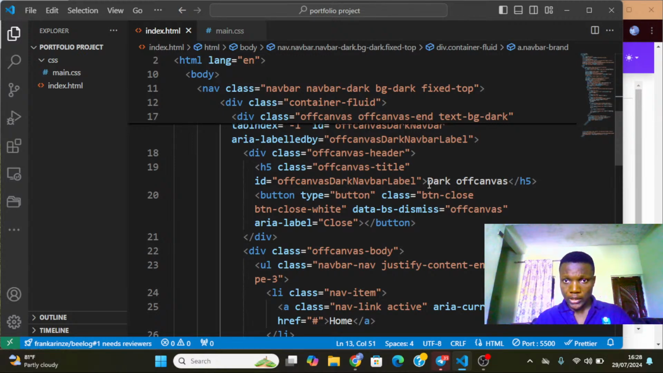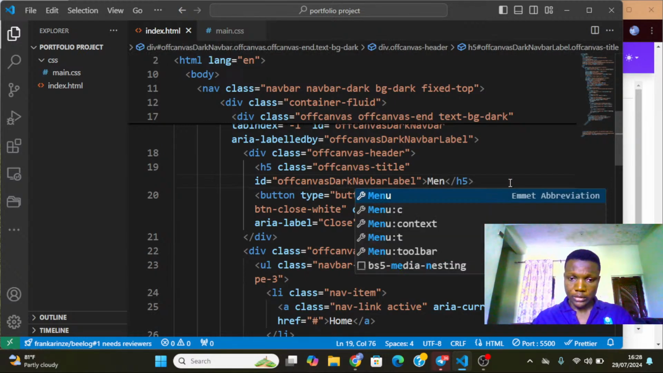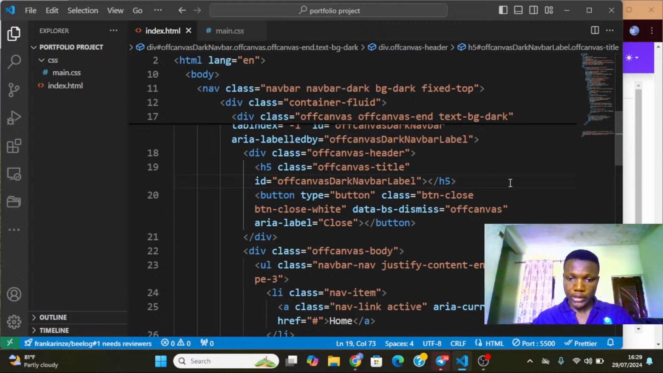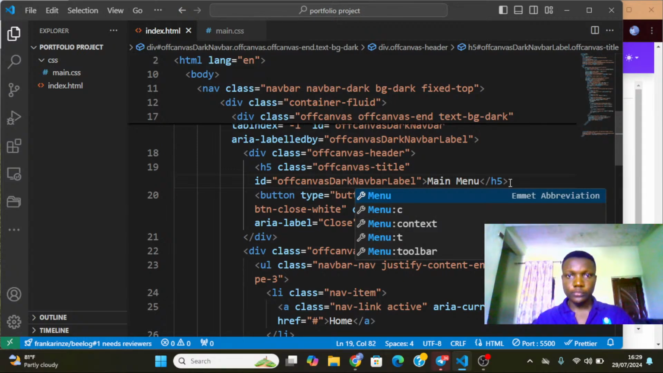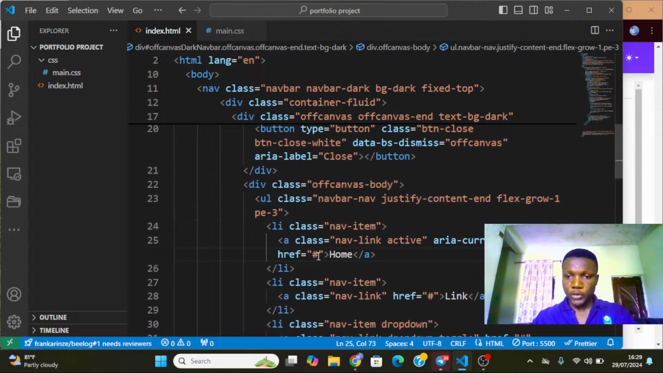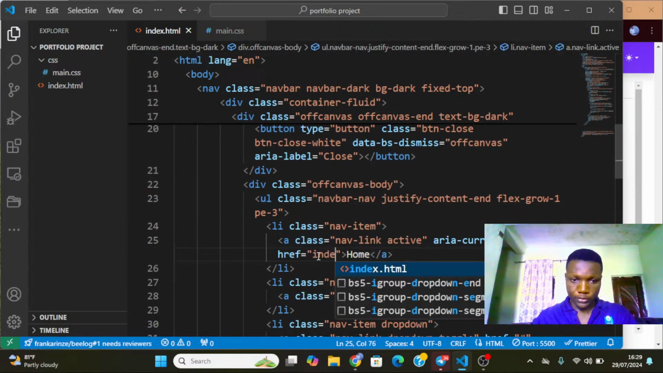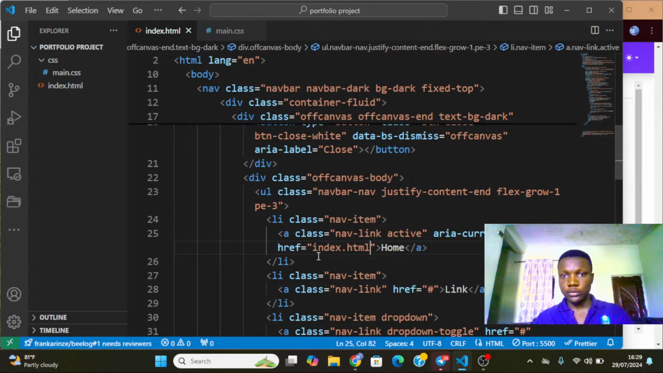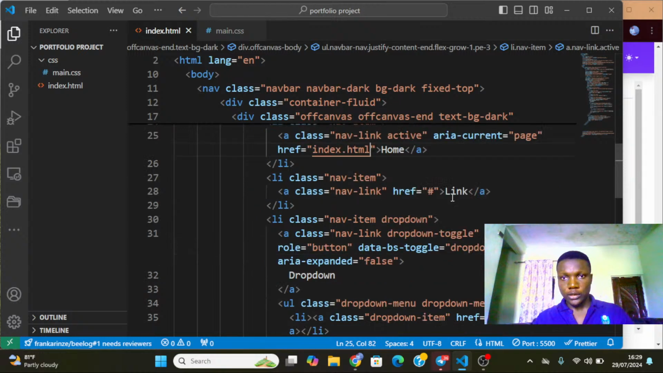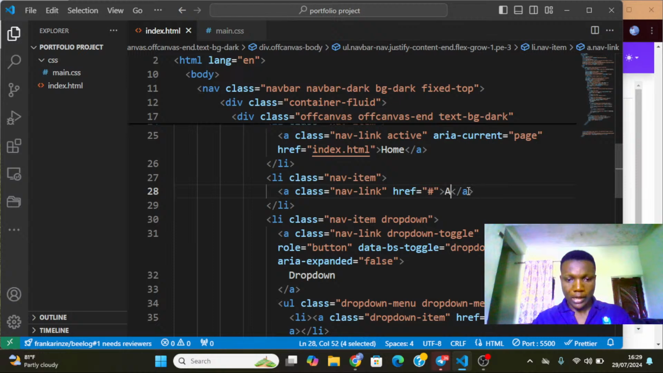Here is going to take the menu label, so I will just call it main. Let's call it main menu. And then here is going to be my home page. It's going to redirect to the index.html. Then, okay, this one is going to take to the about me,